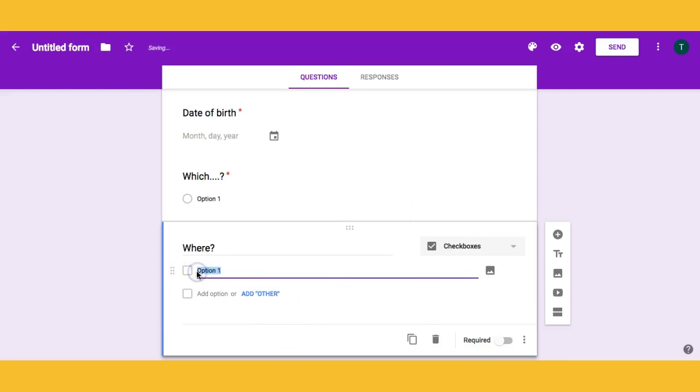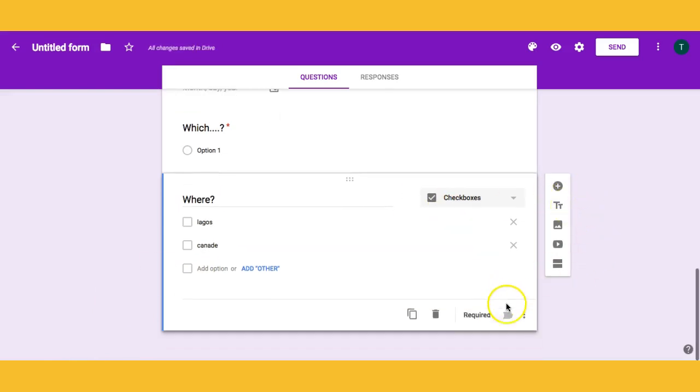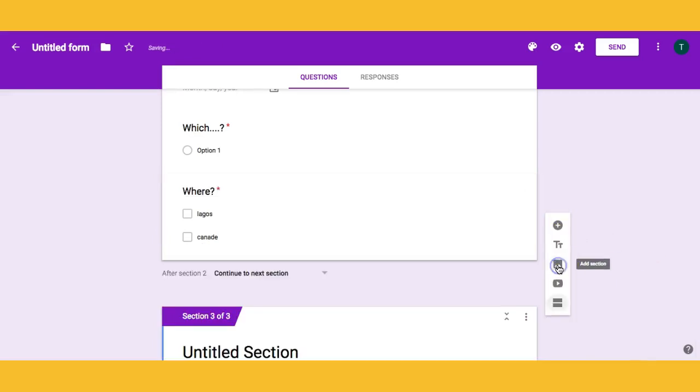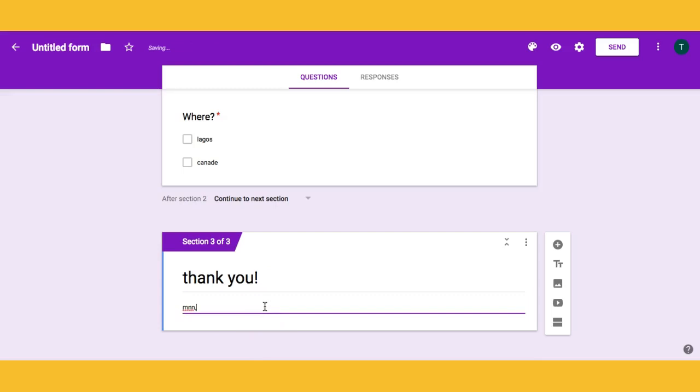I can say Lagos, Canada. Can you see? So people will choose the box that suits them appropriately, and so on and so forth. When you're done, again, I will just add another section to give a final. So here I can say thank you, and I can just put anything I want here. If I want,